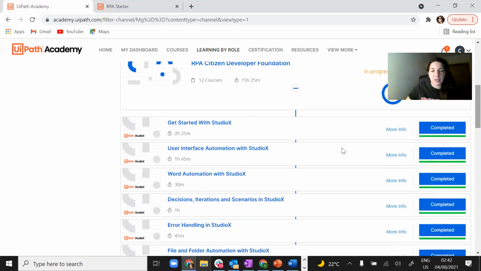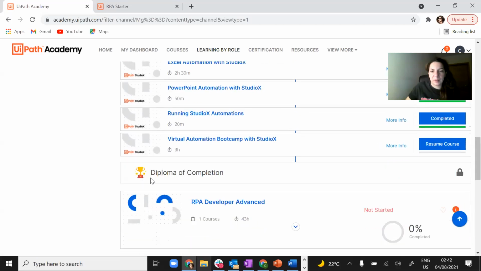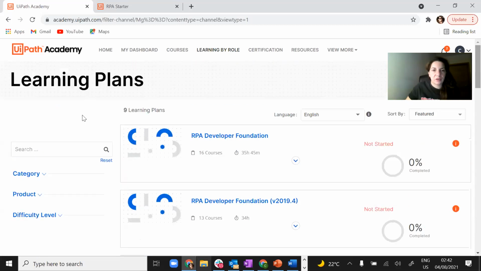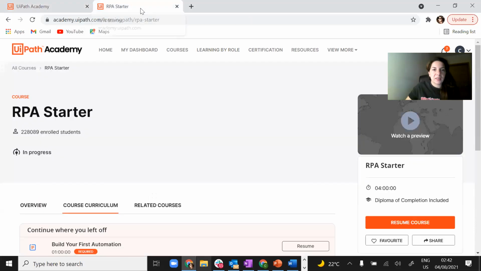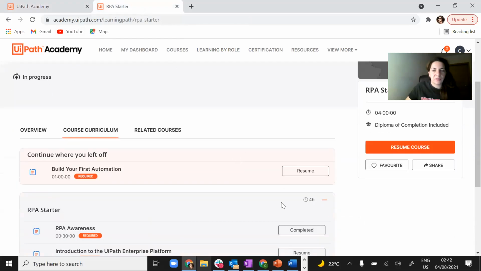After each of these modules in Academy comes a completion diploma, and a badge. You have a certificate you can get on email. This is the very next step that I advise you to take, the RPA Starter. You have the link in the chat for the meeting, and you can click on that, and up to the next session, you can check it out, the RPA Starter. And yeah, I hope this answers your question.